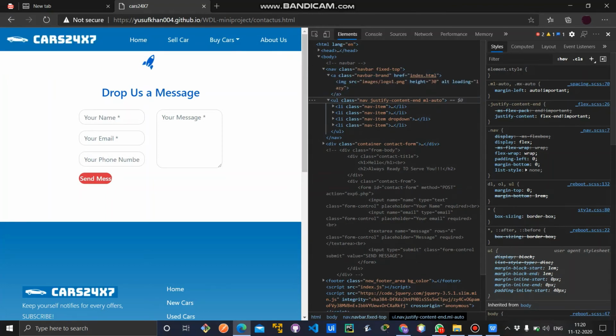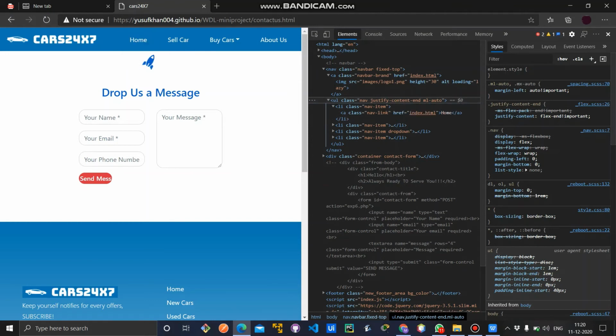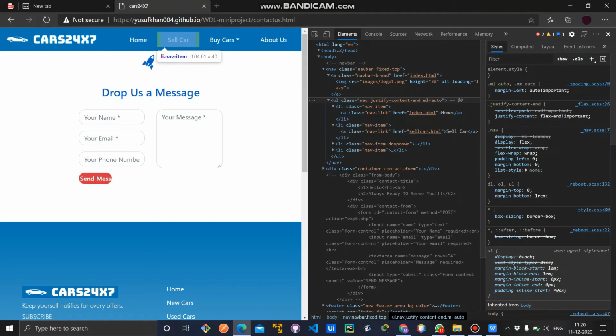Now, classes are included in the navbar. A class is basically an attribute which specifies one or more class names for an HTML element. Now let's start. This is the nav class, as I explained earlier. This is the image src, the image source. This tag is used to put an image in the HTML page. This is the height mention. Now these are the nav item tags, which contain the home page. This is the home page, as you can see, the highlighted one.